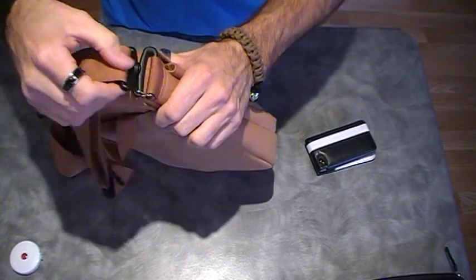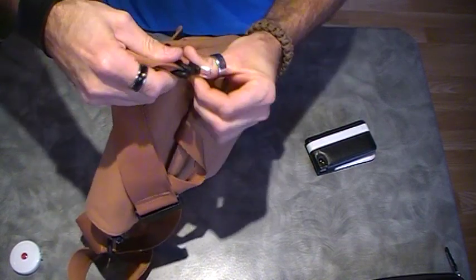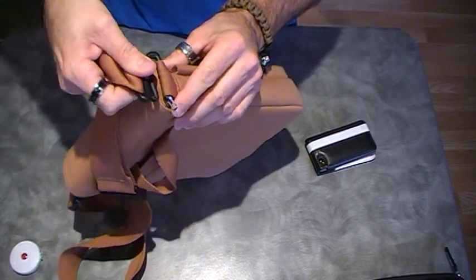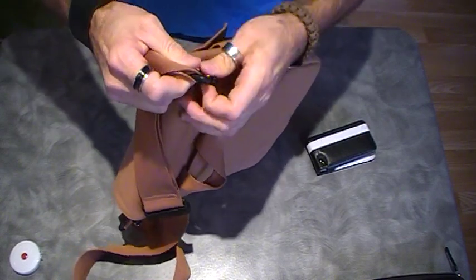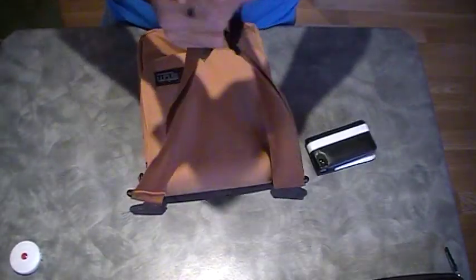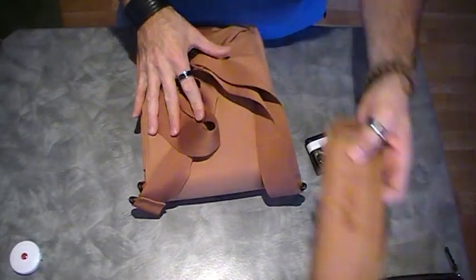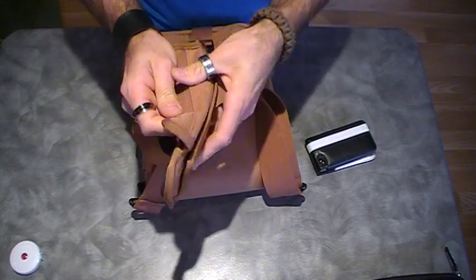But yeah, your hardware here is removable by undoing this clip, and then you can take that off like that if you do so wish to remove the strap for whatever reason. And it's quite long and very comfortable. It comes with a shoulder pad which velcros on,